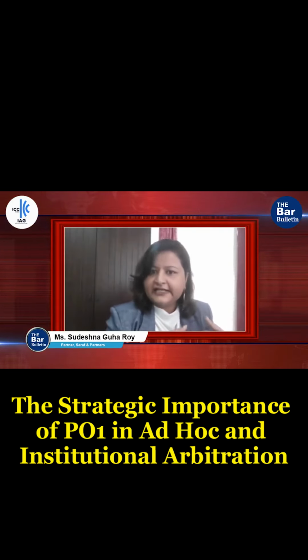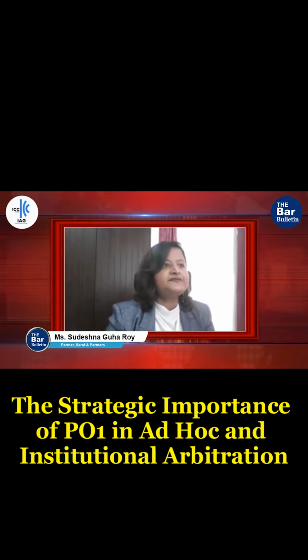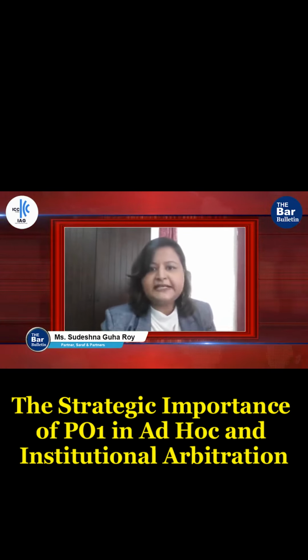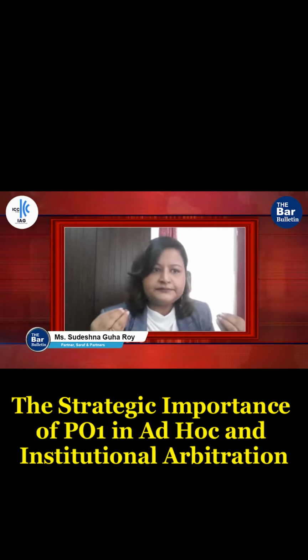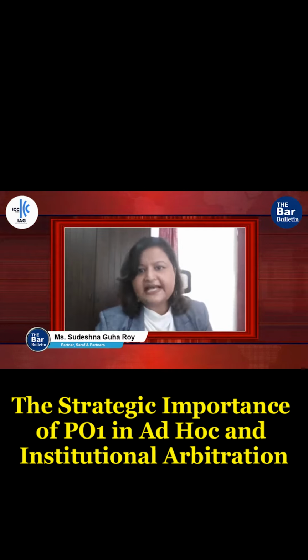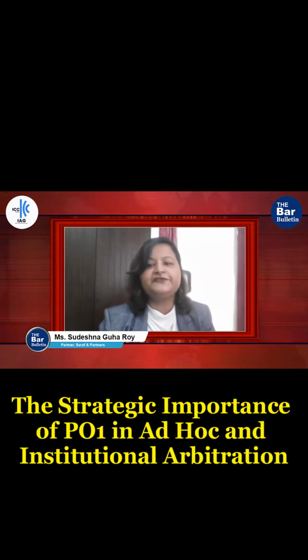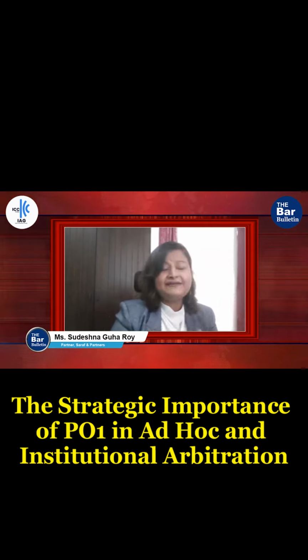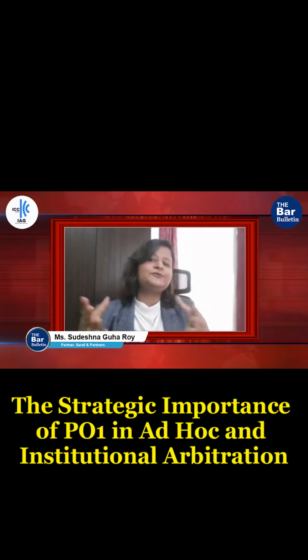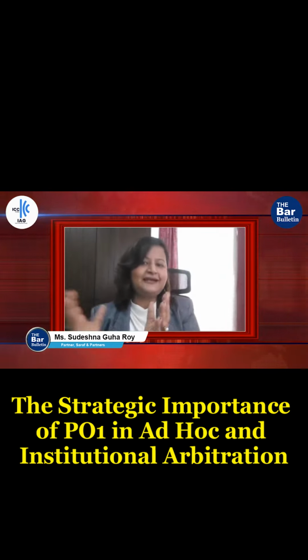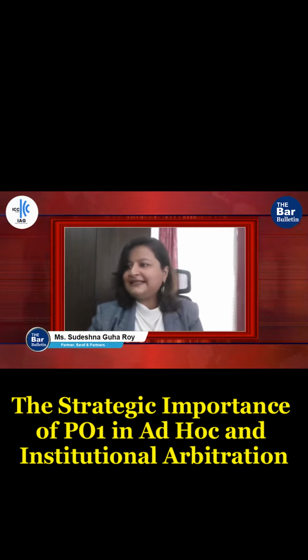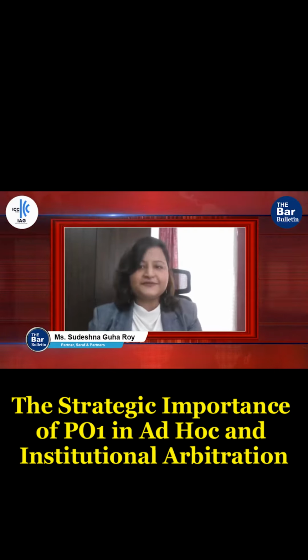Section 19 of the Indian Domestic Act makes it completely party-driven, giving autonomy to the parties, as it should be. And there is no standard reference point for the first procedural order. And that is why there is no uniformity. The minute you go to an institutional arbitration, there's still an amount of uniformity, and then you tailor it in terms of the dispute.